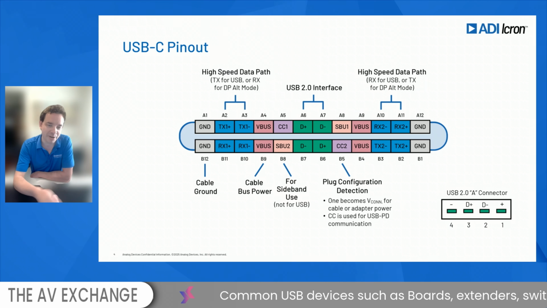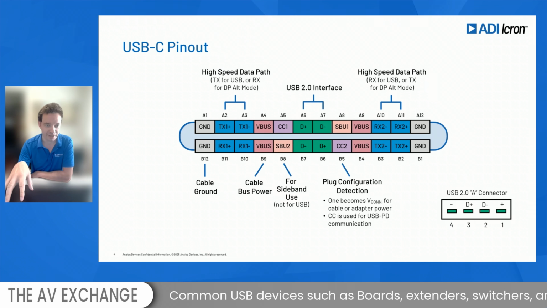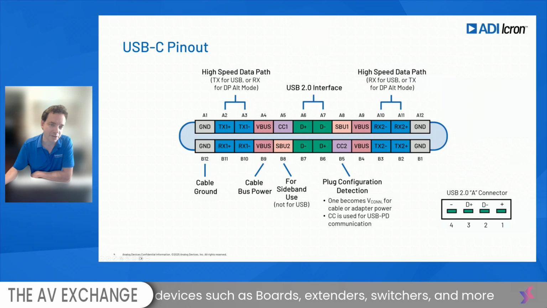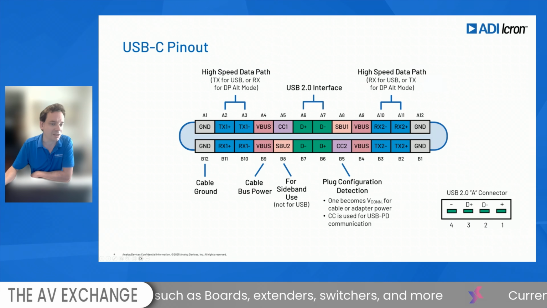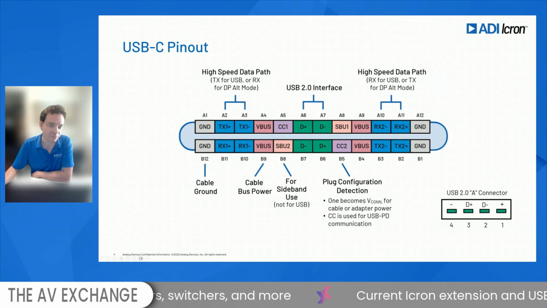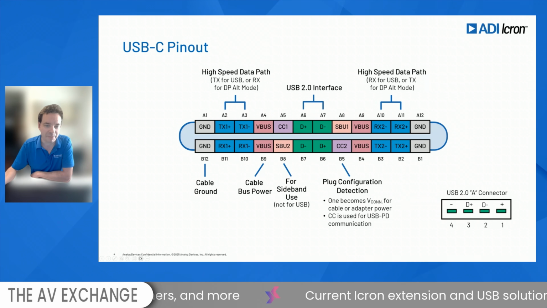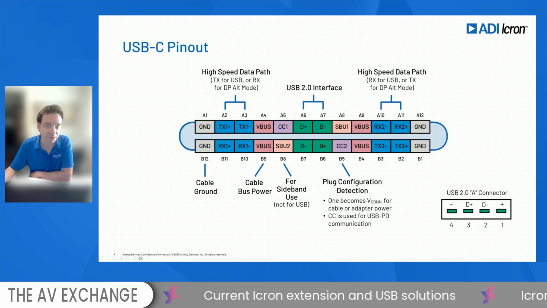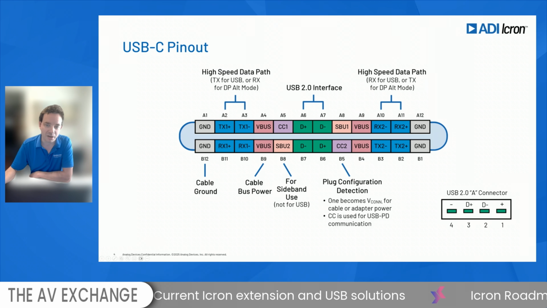So when you do a mirror connection like that, you actually have to negotiate what pins do what. And you can see here, in the blue, this is where the high-speed data comes through. That could be for USB. It could be for, we'll talk a lot about DisplayPort alt mode. That's where the video comes in. You see the power is mirrored as well. There's VBus, which is where the power comes from on both sides.